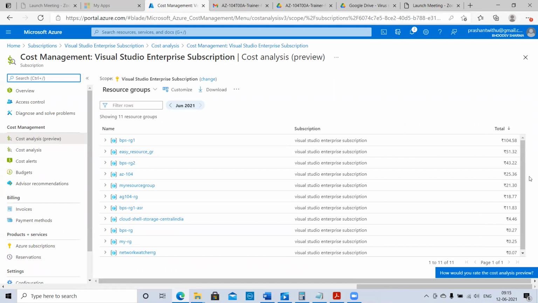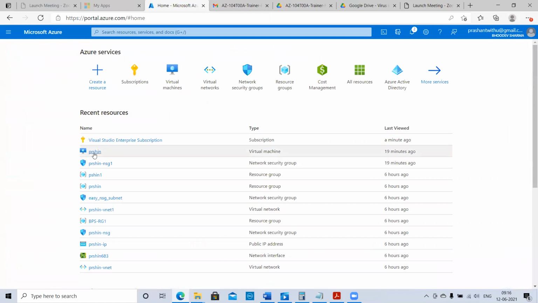Click 1 to 11 of 11. Why are resource groups not showing? So you created it today only. Yesterday night I created the VM, but then it should be there. There is no point that it will not happen. Okay, let's wait, then you review it once again. Might be the report for your resources is not done yet. See, that's it. Can you see? Yes, I agree.